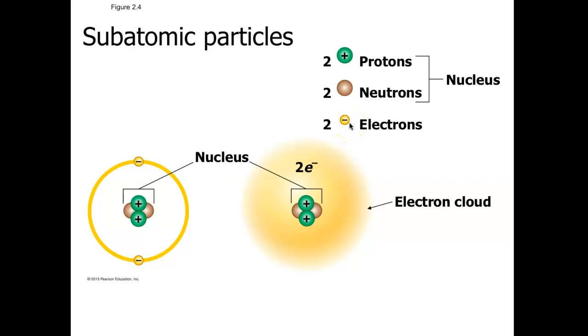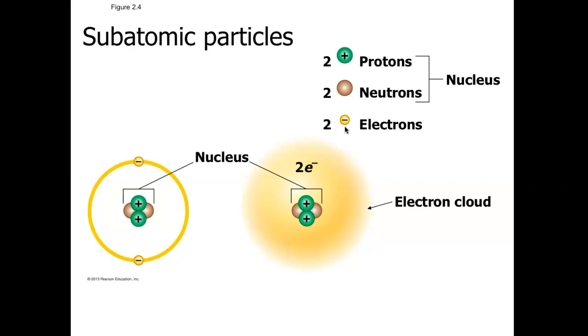So let's talk about mass. Protons and neutrons, the items in the nucleus, have a mass of 1. So protons weigh 1, neutrons weigh 1. The unit used here is atomic mass unit, so AMU. And electrons are so light and so small that their mass is negligible. So we basically say that electrons don't contribute anything to the weight or the mass of an atom,